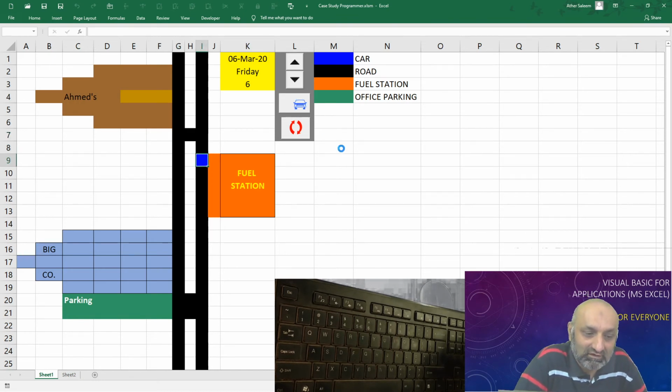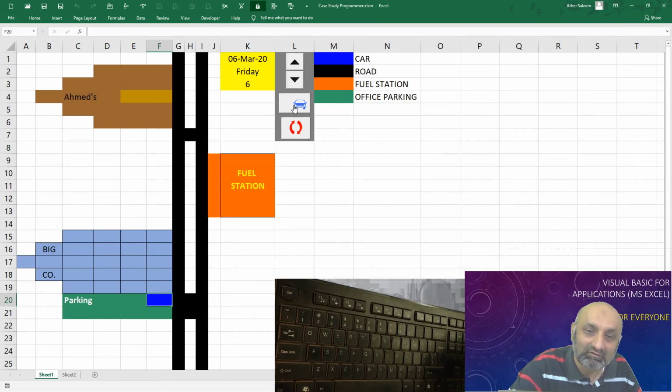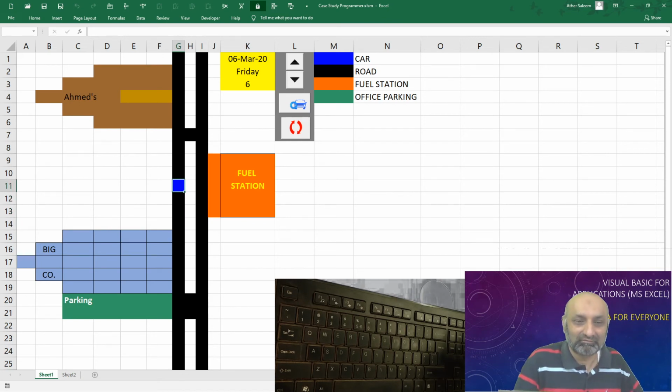You can see a bit of animation I did, and he's moving, skipping the fuel station, and he's going to his office. Boom, he has reached his office. If I click this and run my macro again, now he is going back to home from his office. You can see his car moving.